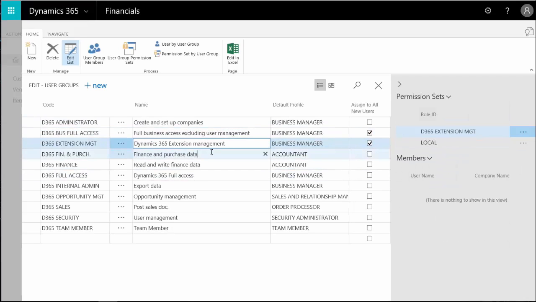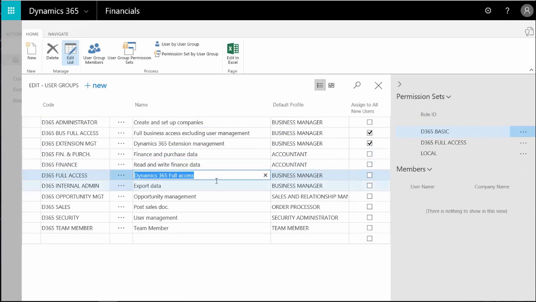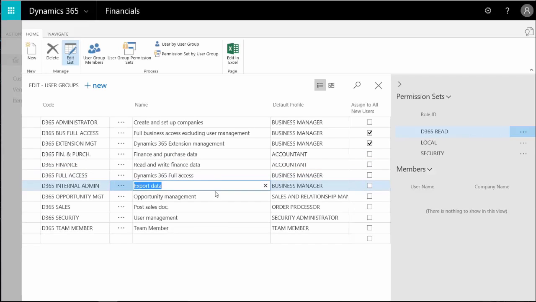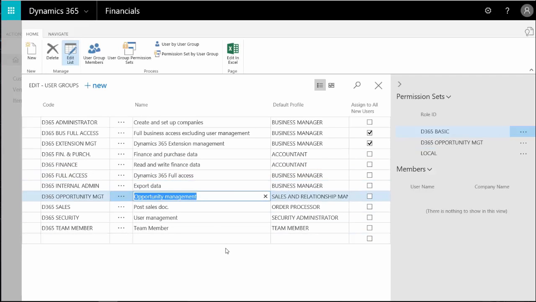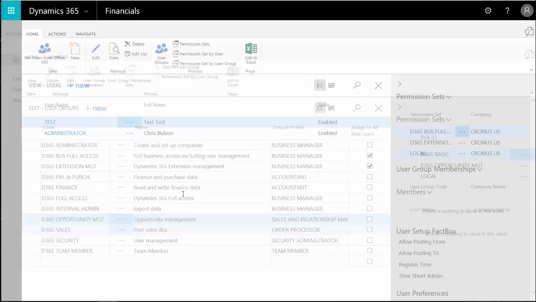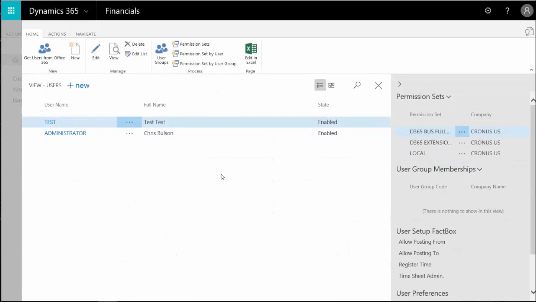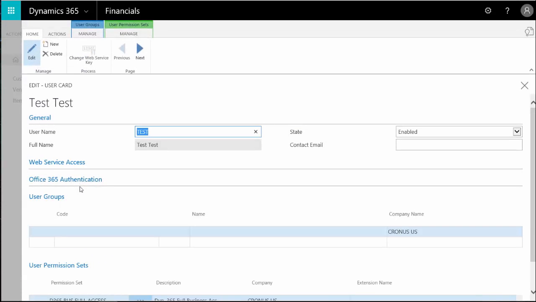We also have an Excel spreadsheet available that breaks down the permission sets and what they grant access to. It is available for download. The link to that will be included in the blog, hopefully that you found this video through. Just to give you an example